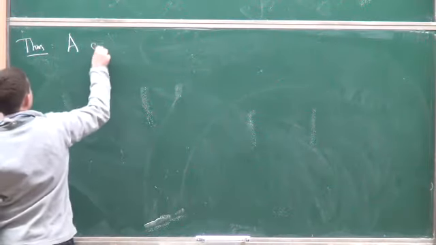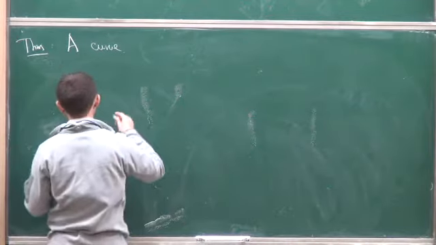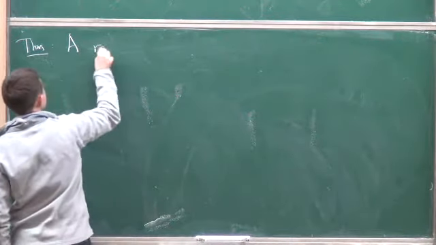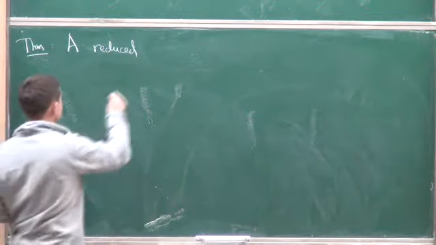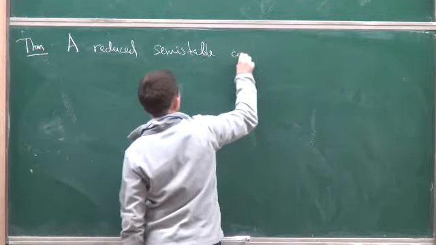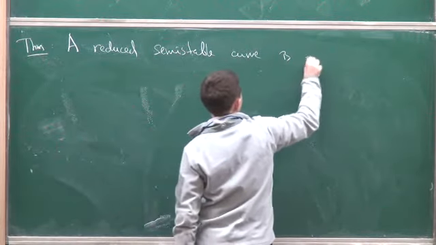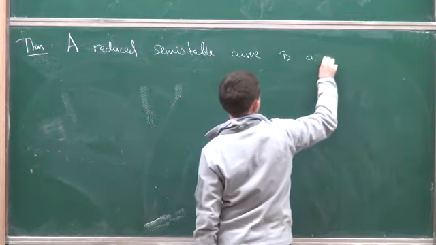So a curve, let me first describe reduced semi-stable curves. A reduced semi-stable curve is a divisor